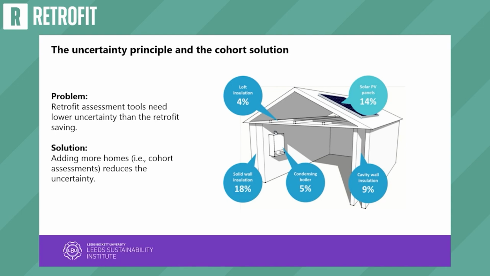Okay, so the problem we've got is even with all of that excessive amount of effort, we can still only measure it within about 5 to 10% accuracy. So if you're going to install a retrofit that's only going to save you 4%, how are you going to measure that? That's the big thing. Doesn't mean you can't measure it.